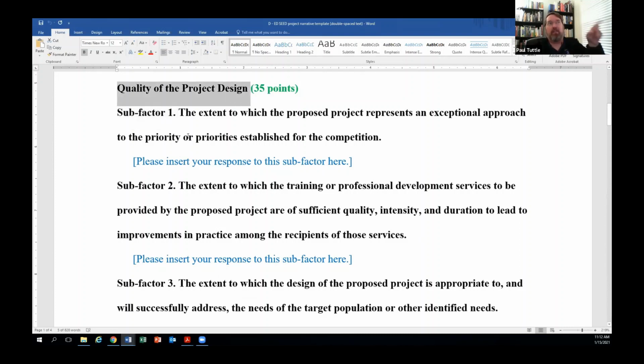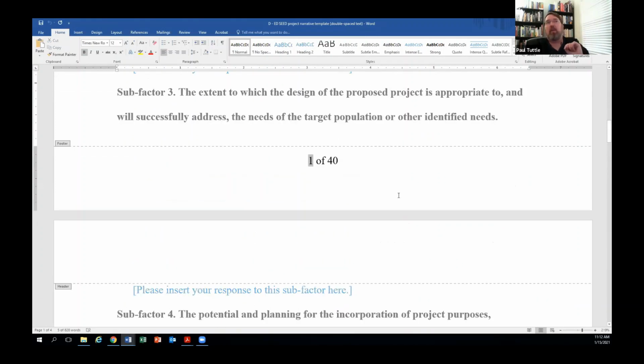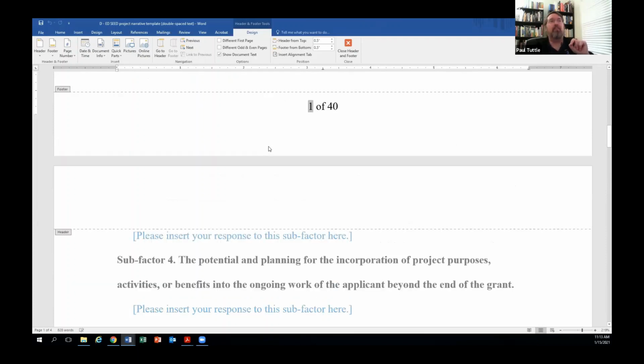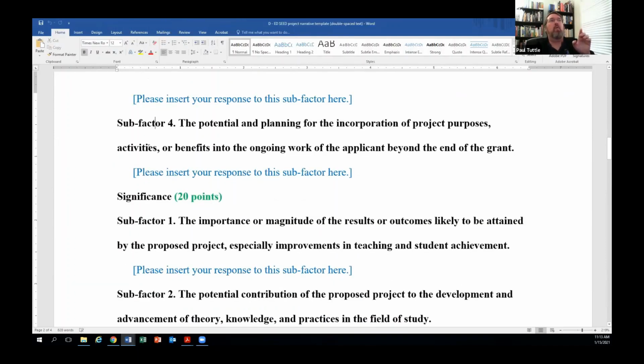So here's the sub-factor, and please insert your response to the sub-factor. There's a maximum of 40 pages, so I've already set it up so she knows when she goes over 40 that it's not good. I've already created it with the correct margins and the correct font,